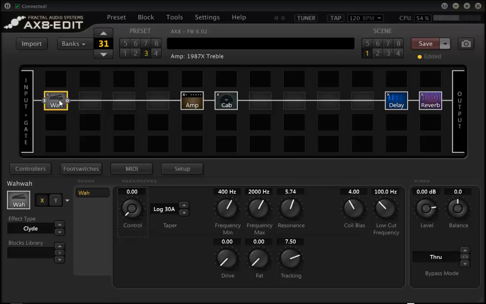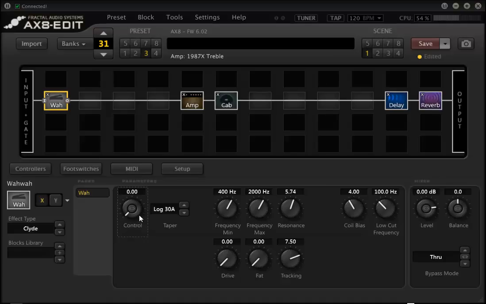So we're going to control the wah-wah. On my board, I have the AX8 and I have 2 Fractal EB1 expression pedals connected. I have the silver one and the black one. The silver one is connected to the expression pedal number 1 plug on the back of the AX8, and the black is on plug number 2. So in order to activate those expression pedals